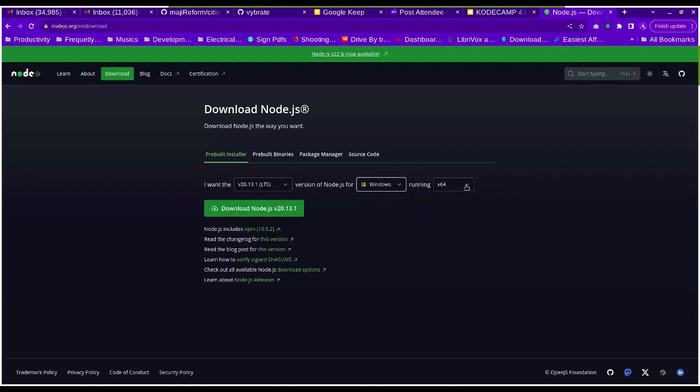Then this one has to do with what OS version you have. This is 64, and this is usually referred to as 32 bits, for a 32-bit operating system. Then these ones are for ARM, which I think are still 64-bit operating systems. But for the most part, just choose x64, except if your laptop is really old, then you choose x86. Normally you choose the 64-bit operating system to download.